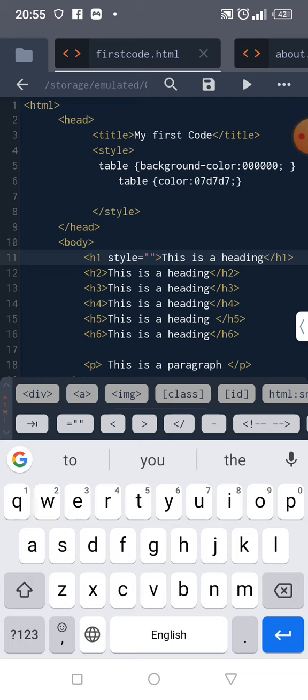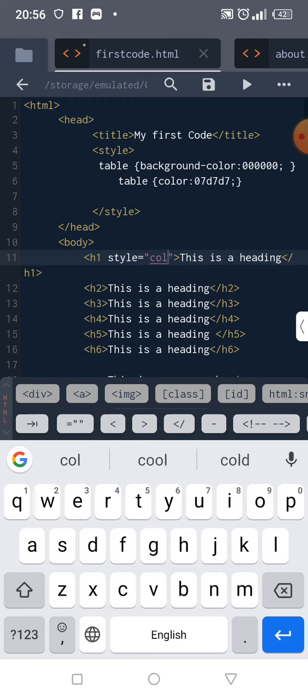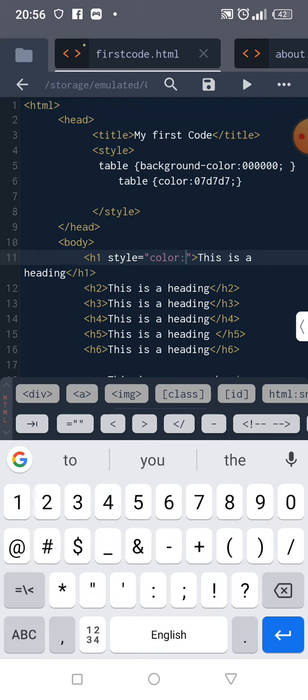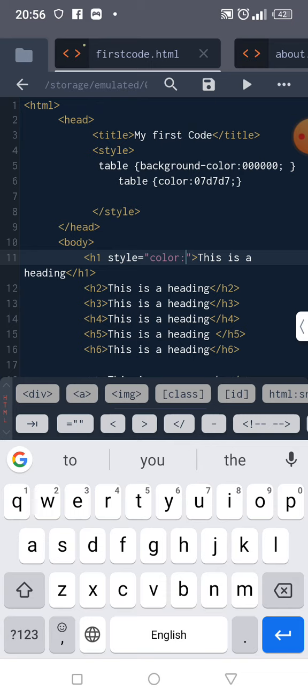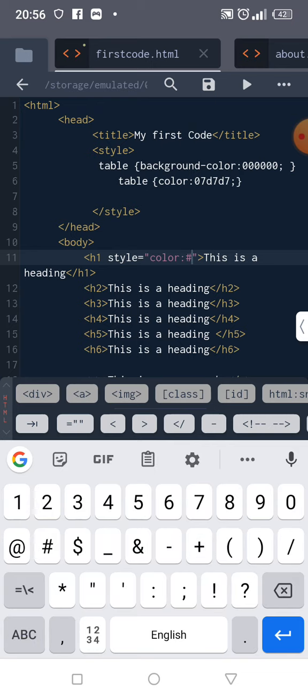So now inside the opening tag of h1, you are putting the style. Are you getting it now? So what is your style? What is the style value now? We need color, and then to be, so hashtag